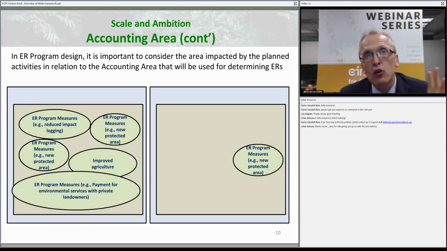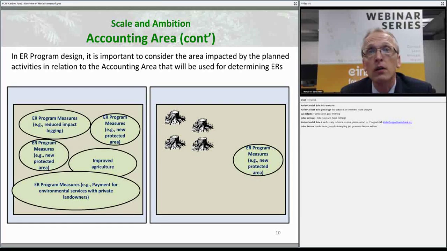So in the right-hand situation, you might have a chance that deforestation is still occurring somewhere outside where you're doing your interventions, but still within the accounting area. And remember, we're doing the reference level and the MRV for the whole accounting area, so for the whole gray area. So on the right-hand side, all the emission reductions that you might create through your REDD Plus program might be wiped out by increased emissions that are still happening in your accounting area. So it's very important to think about, okay, what's that trade-off? How much area can we influence through a REDD program?